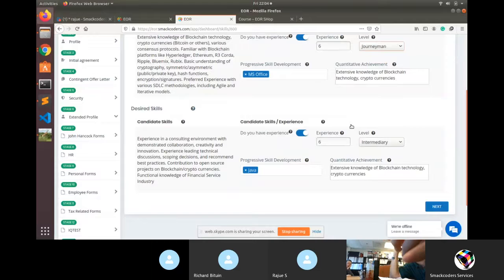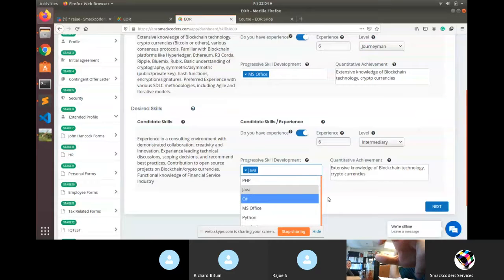So if you want to add in another one or relabel it, that's okay. Progressive skill, I got you. So this one is not progressive skill development. This means I have a skill. So it's a binary thing, and then you're selecting the binary. So there's your binary tree. So we don't want it to be like that.